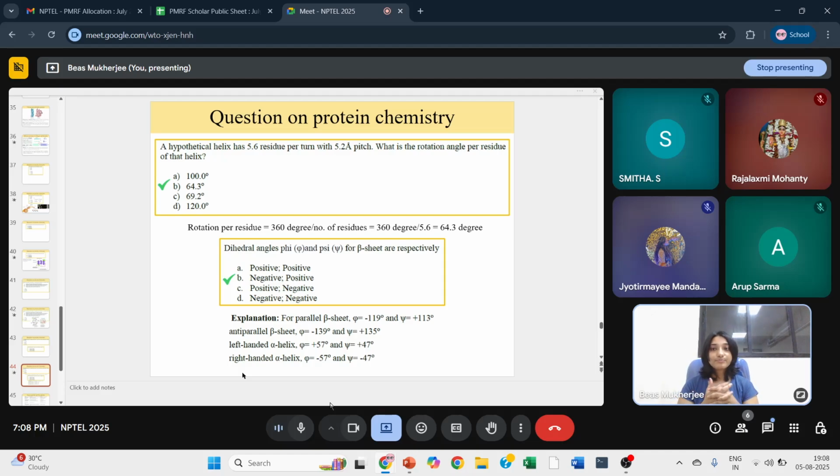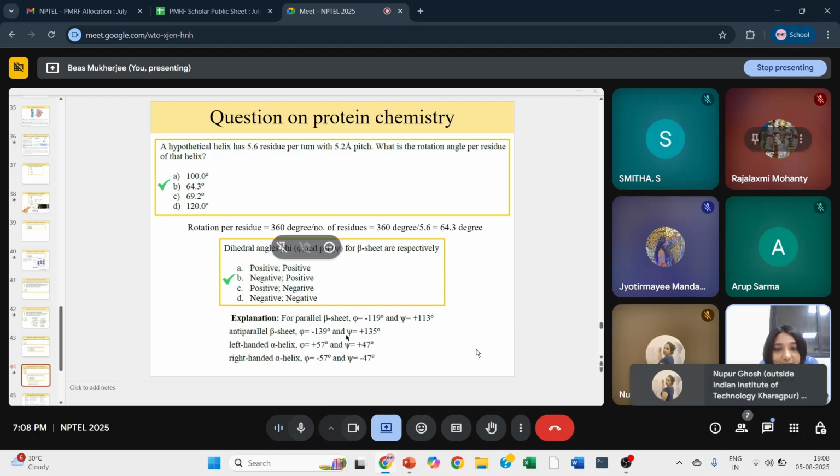Okay, so that is the key actually. Practicing more and more will give you some idea. Here you did not even have to consider this pitch, right? So that is how you get to know.